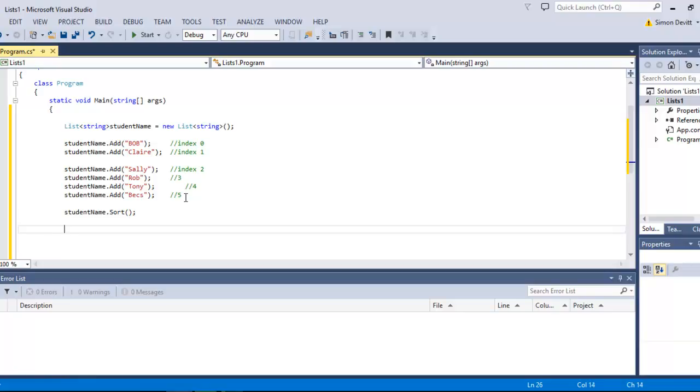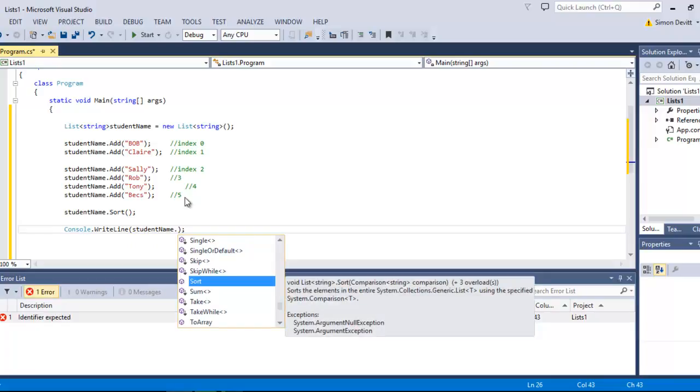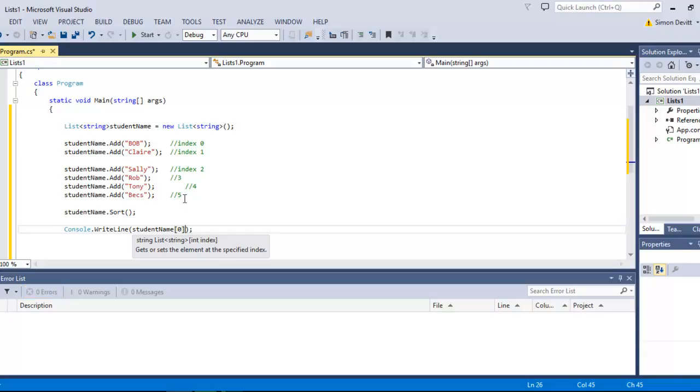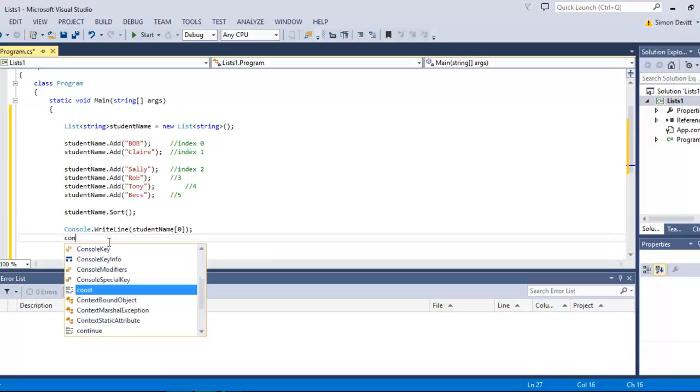One of the things I might do for us now is show you how we can look at outputting some of these items. So in here I'm going to use the contents of this list, and in the past when we were dealing with arrays, we used the square brackets to show the item that we'd like to pop in at. So what we want to try and do here is indicate that we'd like to output this item. And let's do a